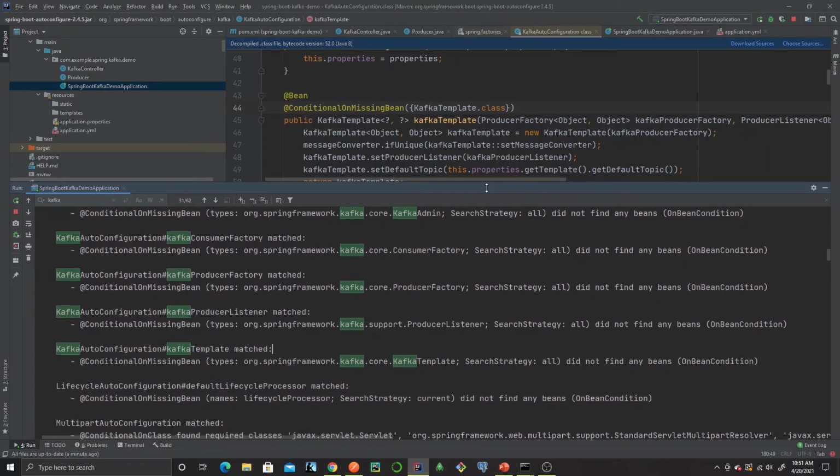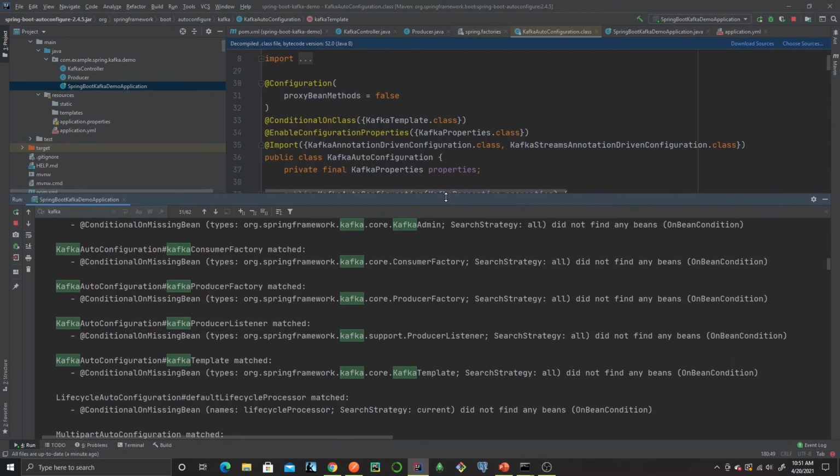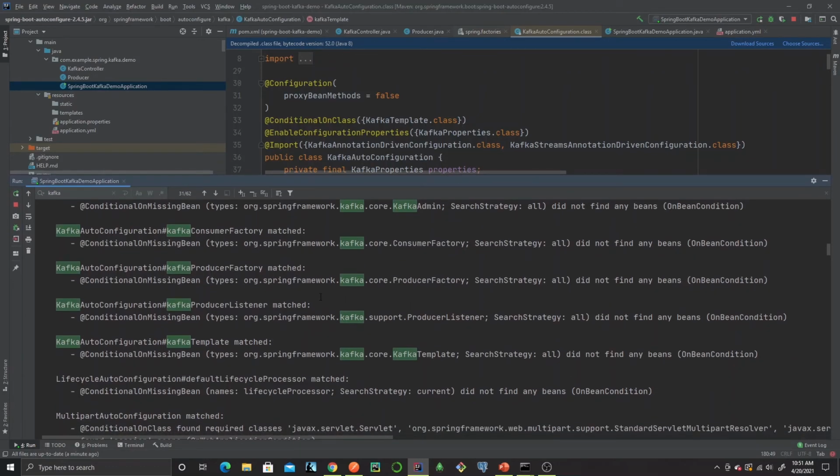Similarly, there are different conditions that are getting executed. You can have conditional on bean, right? As you have conditional on class, you can also have conditional on missing class. There are a lot of other conditions that you can put to do this auto configuration. And this auto configuration report is very useful to troubleshoot. You can look at this positive and negative match and analyze what exactly has happened.